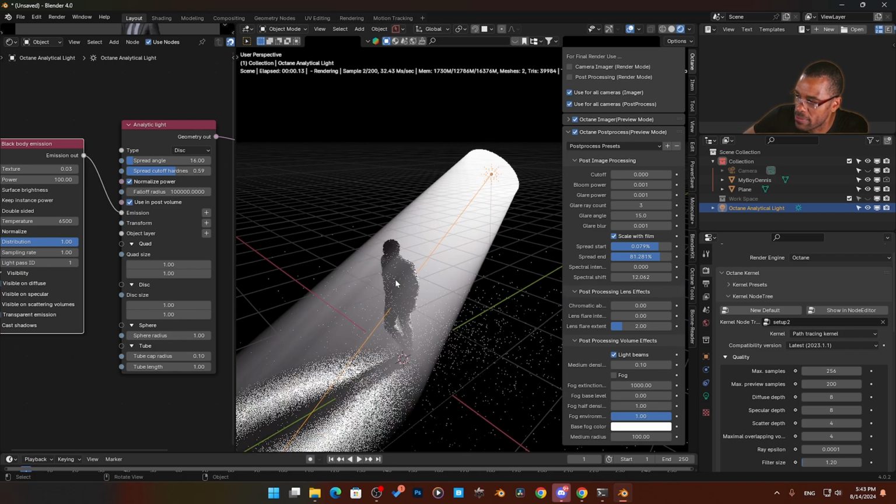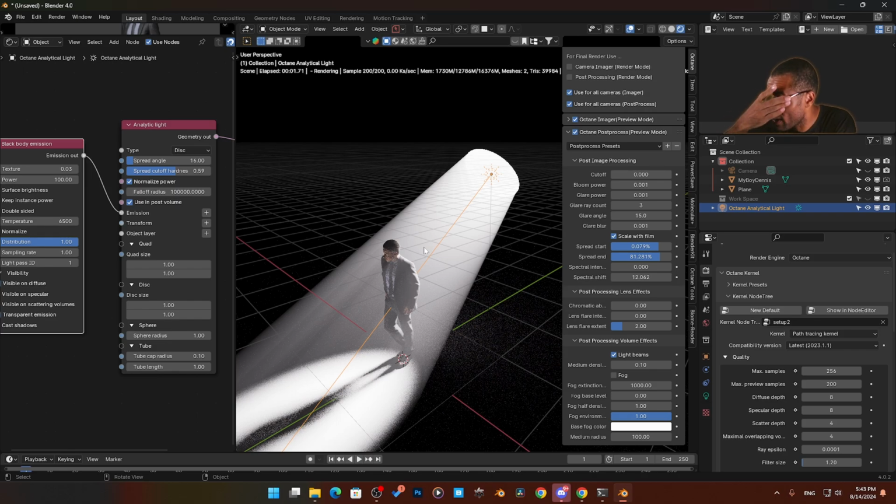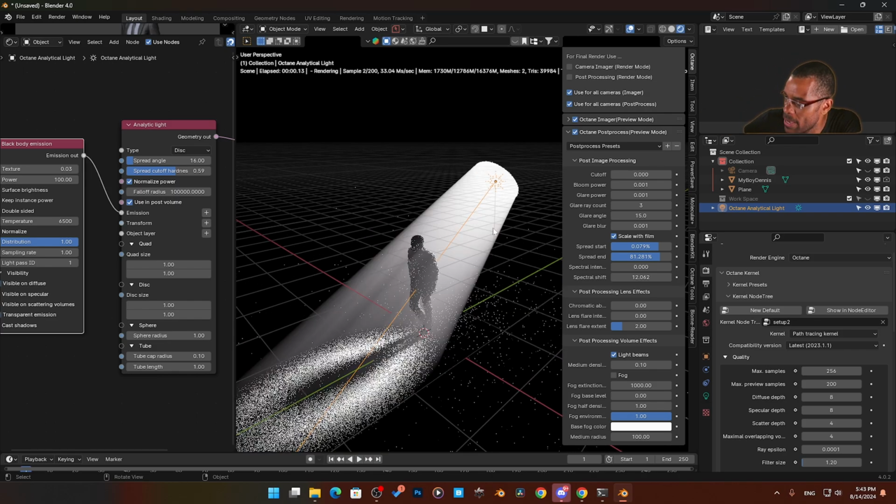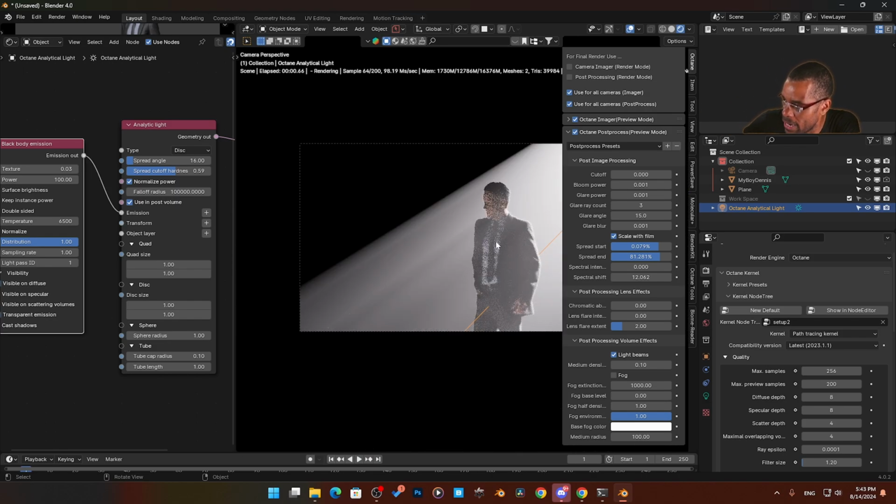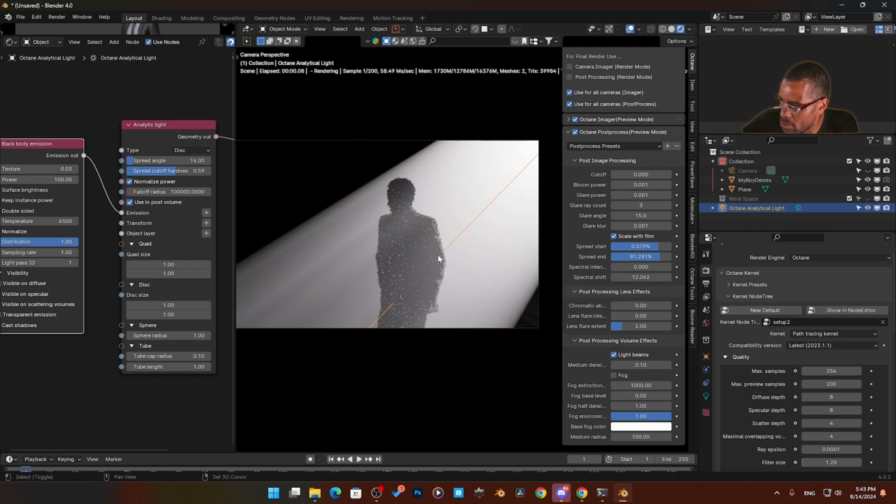There's so many times where I wanted volumetric light and you have to fill the whole scene up with the box and all that. Maybe you don't need to do that. Because if I jump into my camera and then look at my camera, that's all I want. There it is. That's all I need. I don't need to set it up,